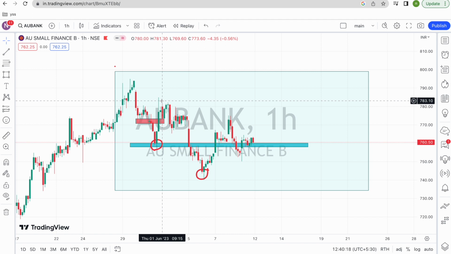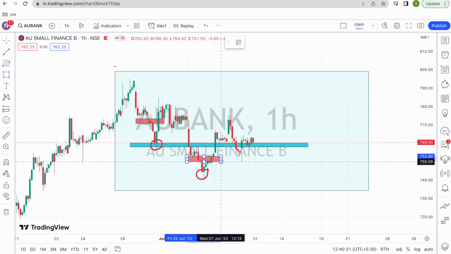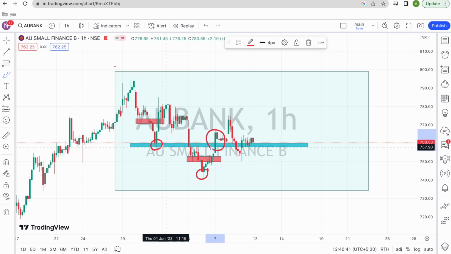A fake breakout by the buyers, and then again the price started moving, and again you can see a fake breakout by the buyers at this particular point. And most important, a fake breakout at this particular level as well. So we can see multiple fake breakouts by the buyers around this particular point, which is 758.40